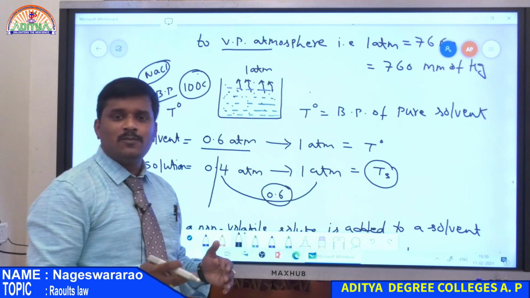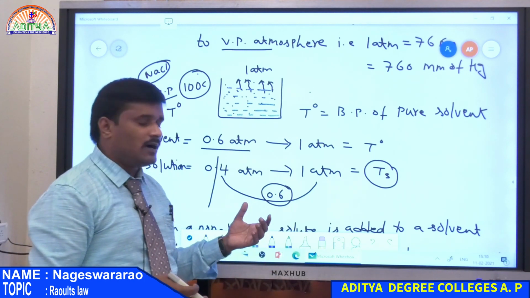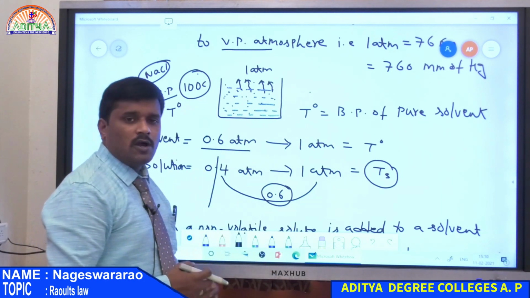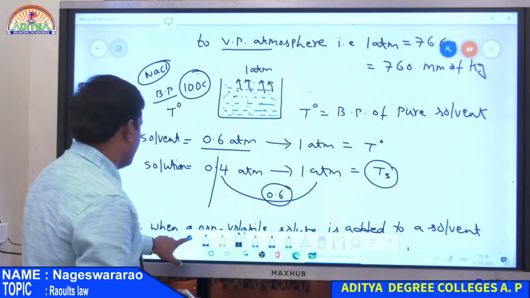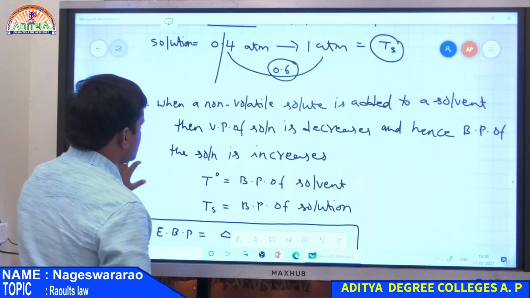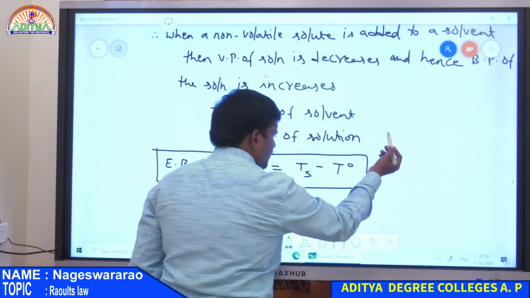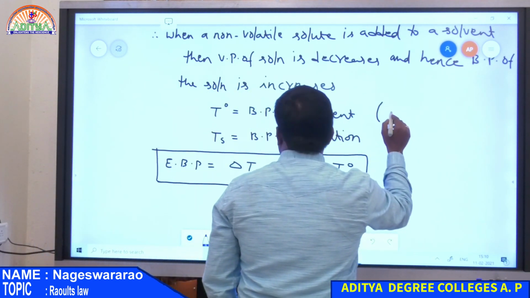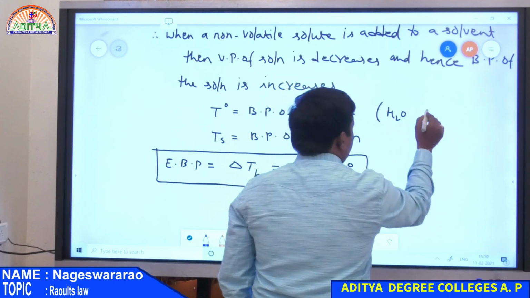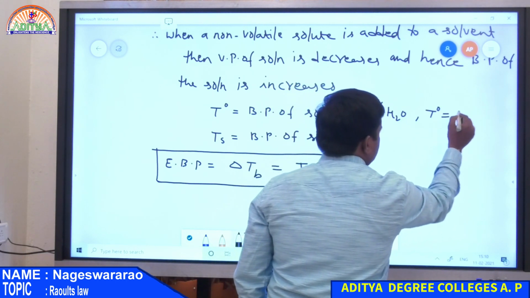So how much does the boiling point increase? That is given by the elevation in boiling point. So that is finally given by the relation. So this is the relation. T naught is the boiling point of the solvent. If it is water, then the T naught value is equal to 100 degrees